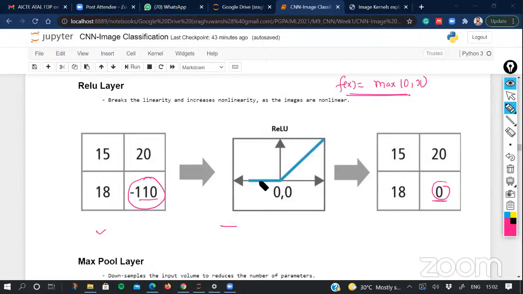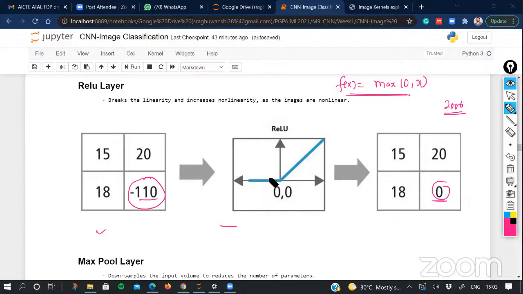So this is the activation function which was invented in, I think, the year 2006, and this was one of the reasons that laid the foundation of deep learning neural networks, or you can say that gave the breakthrough to develop these deep neural networks, where we can see hundreds of layers. But the job of this ReLU is to introduce nonlinearity.